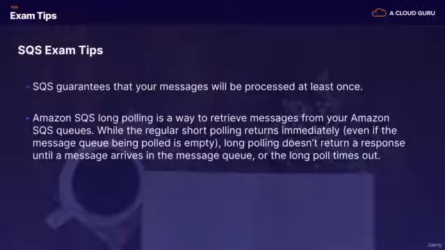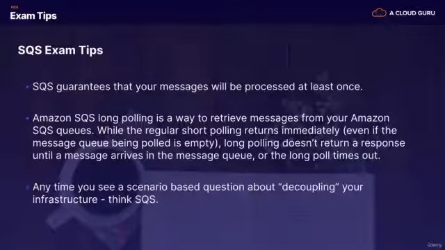Essentially, you've got a queue that's mostly empty, and you've got your EC2 instances always polling the queue over and over again, saying, hey, I want more work, I don't have anything to do, but your SQS queue is empty. And that essentially costs you money, because every time your EC2 instance polls the queue, it incurs a charge. How can you reduce your bill? Well, you just do long polling, and long polling won't return a response until a message arrives in the queue or until the long poll times out.